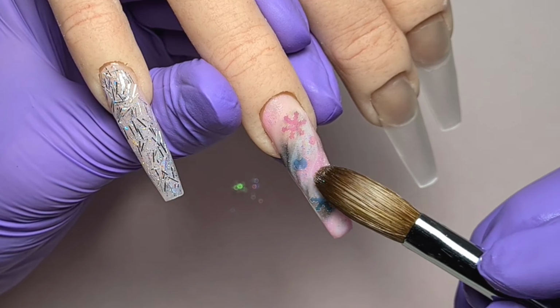I'm not picking these up with any additional acrylic because it's not really needed. And then again, I will encapsulate this later on. So we're then going to move on to the middle finger, which is going to begin as a 3-colour